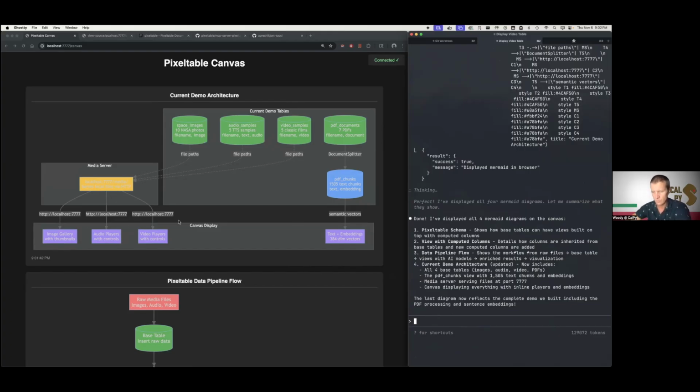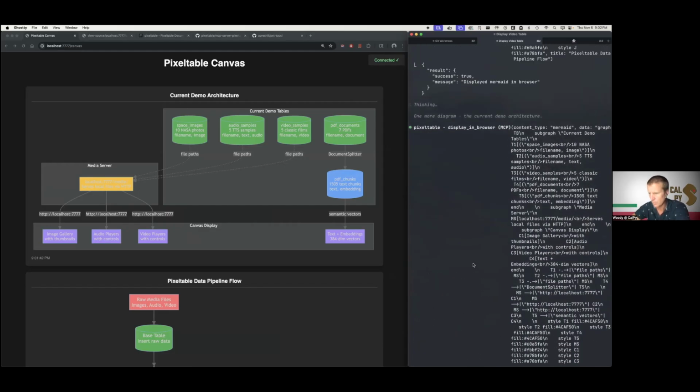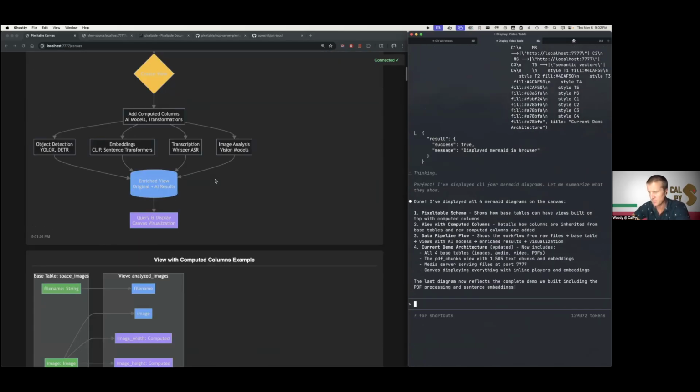This is basically showing how this canvas display works, but it can do free form using that data directly. So if there's anything you want to see or do with Pixeltable, you can do it here through a natural language interface. And that's available on the, I think you shared the link already. It's MCP server Pixeltable developer. The important part is the developer. Yeah, if you just scroll up in chat, there's a link to that.